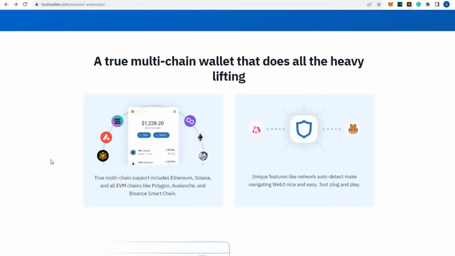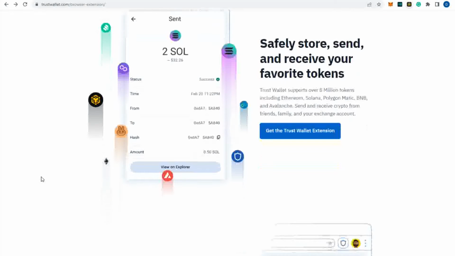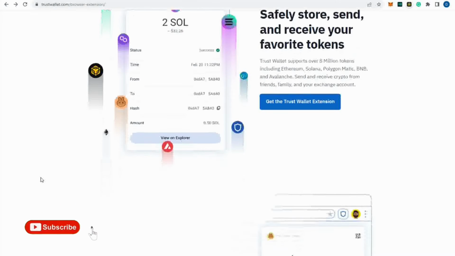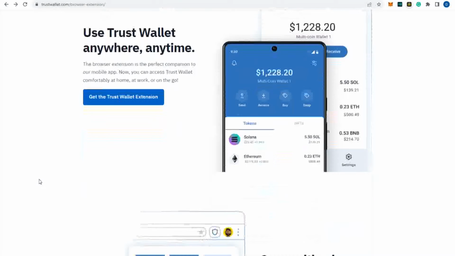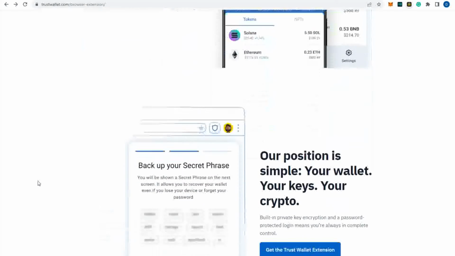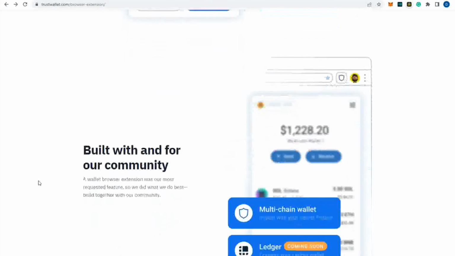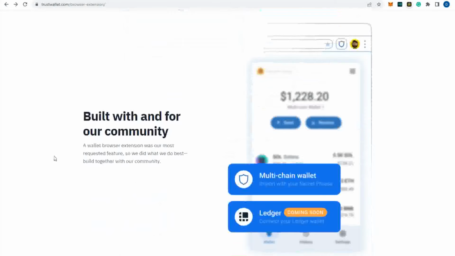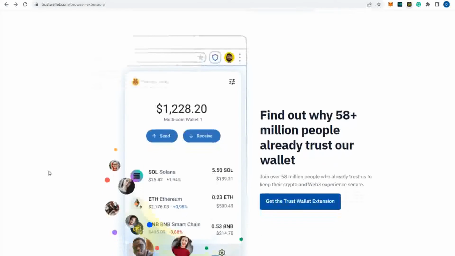The Trust Wallet is, just like Metamask, a secure multi-chain crypto wallet that enables you to fully control your crypto and explore thousands of decentralized applications. Trust Wallet supports over 8 million tokens including Ethereum, Solana, Polygon Matic, BNB, and Avalanche. This browser extension complements Trust Wallet's mobile app, which is a popular crypto wallet with 10 million monthly active users globally. This browser extension is available for Chrome, Brave, Opera, and Edge, and because I use Chrome, we will install